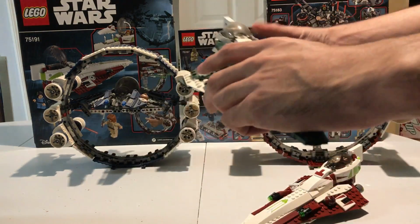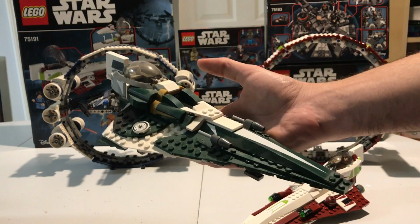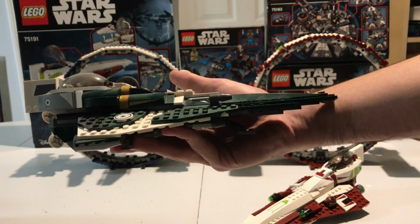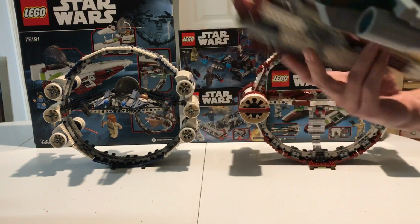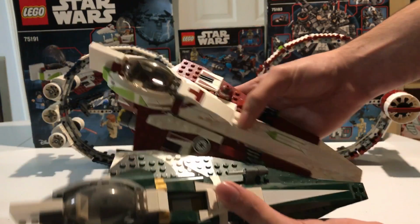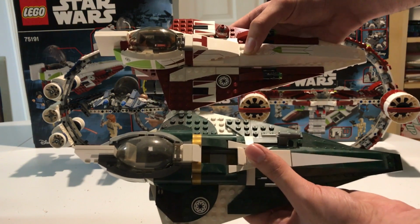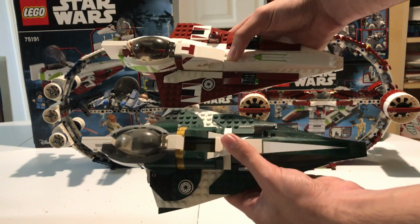So first off, Saesee Tiin's Starfighter has 300 and some pieces. I don't remember off the top of my head, but it was $34.99, kind of expensive for a Jedi Starfighter. And then Obi-wan's Starfighter obviously came with the ring and is $100 even. So looking at the two fighters themselves, Saesee Tiin's fighter is actually a tad bit longer